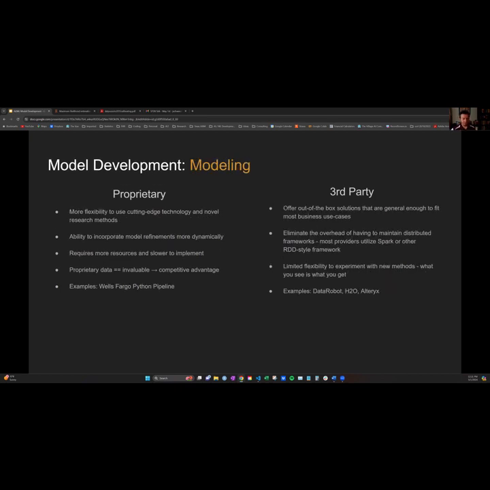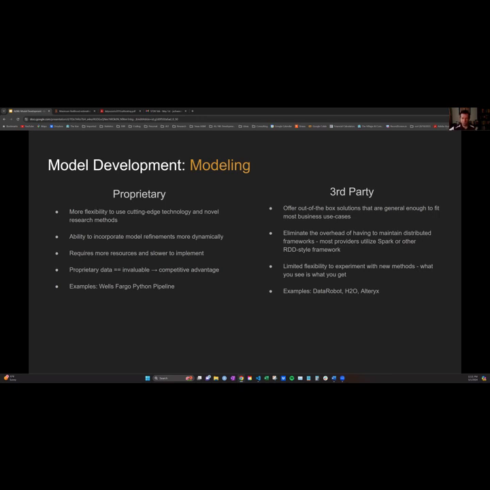Now, in terms of the modeling itself, this really varies pretty widely across companies. So you have some that are purely in-house analytics, pure in-house model development. Wells Fargo is actually not exclusively proprietary, but my group is. We have our own Python package that we developed that does all of the modeling from end to end. This really allows for a lot of flexibility in doing the research, doing what we were talking about before.